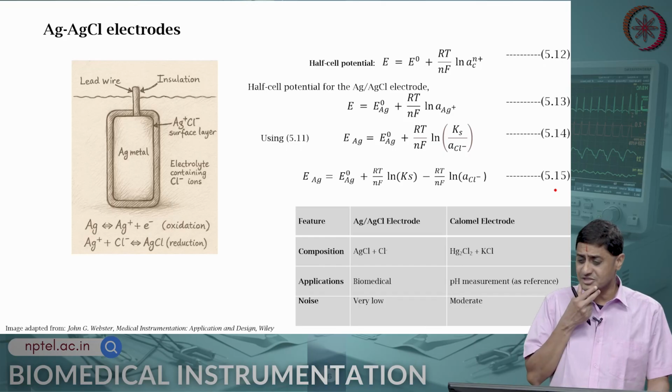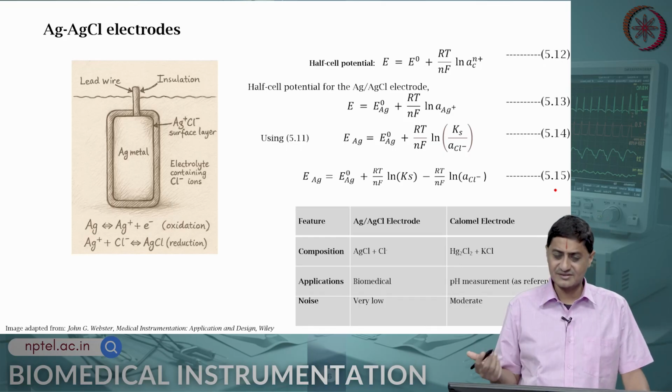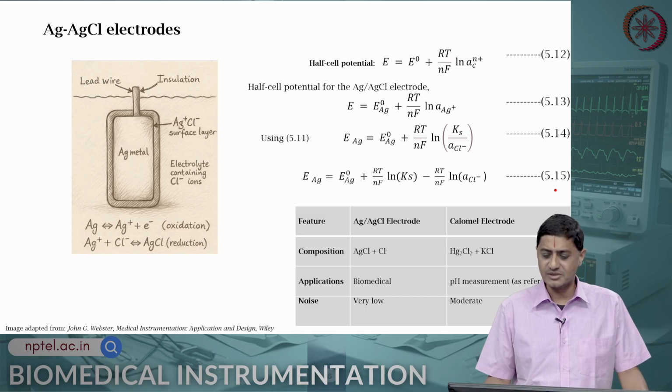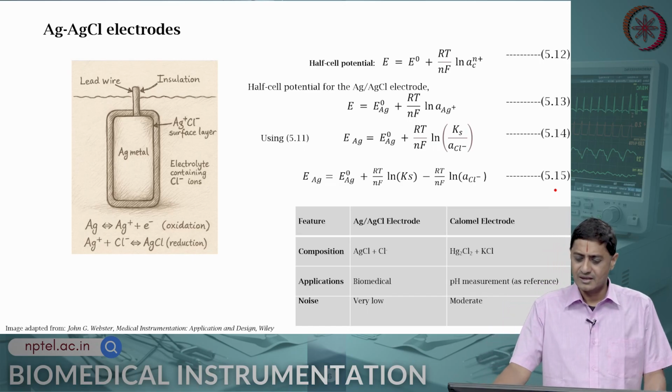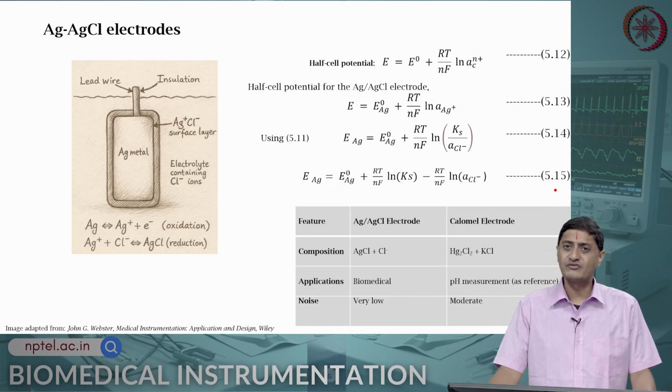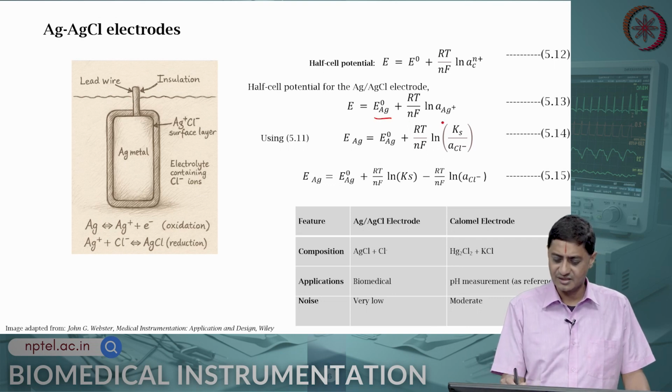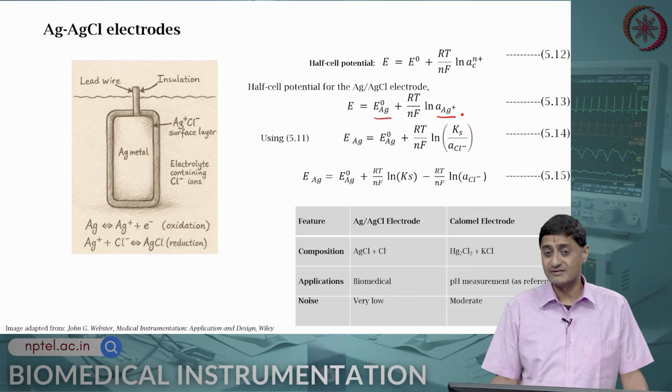What is the half cell potential of this? I can measure this, that is essentially E naught plus RT by nF, a modification of the Nernst equation, RT by nF times ln of the activity of Ag. This is the half cell potential, and so for the silver chloride electrode, this is essentially E naught of silver and the activity of the silver ion,